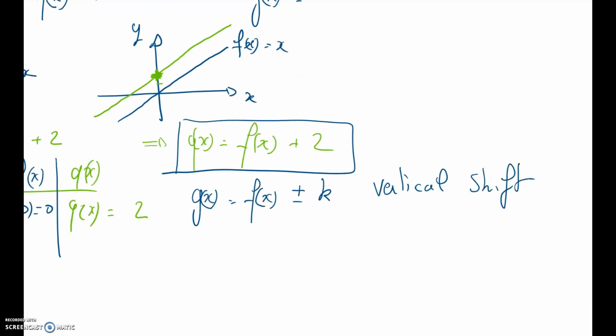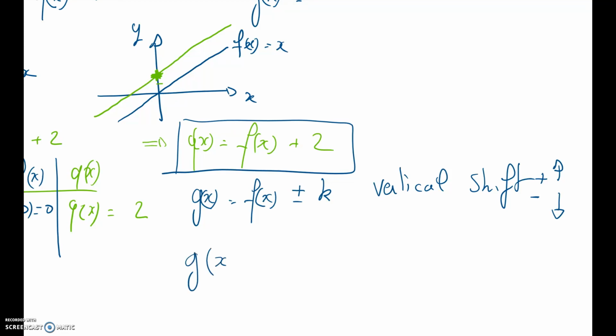Okay? You got a vertical shift. And if it is plus, it's a vertical shift up. If it is minus, it's a vertical shift down. Okay with that? And now, you should also remember, once you get back to that knowledge, that should remind you that if you